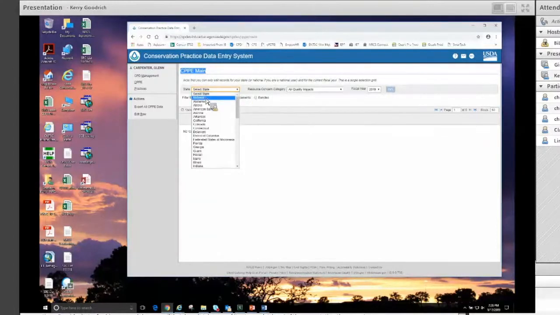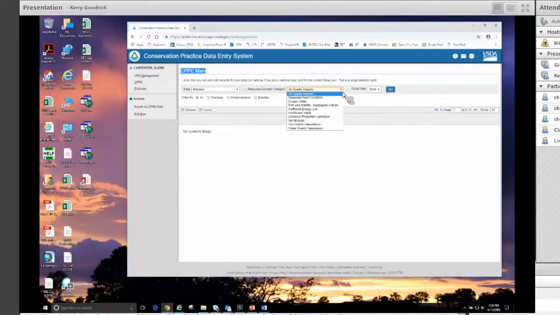So you're going to first of all select national, because that's the tables that we're working on. Once you've selected national, you'll notice that you can then select a resource concern category. So hopefully you already had a copy of this data and you know which values you want to change, so it's not expected that you're going to change every value. You may just change one or two values, so you can select, I need to go in and change a value in insufficient water. So once I have selected those two things, I'm going to hit go, and it's going to bring up